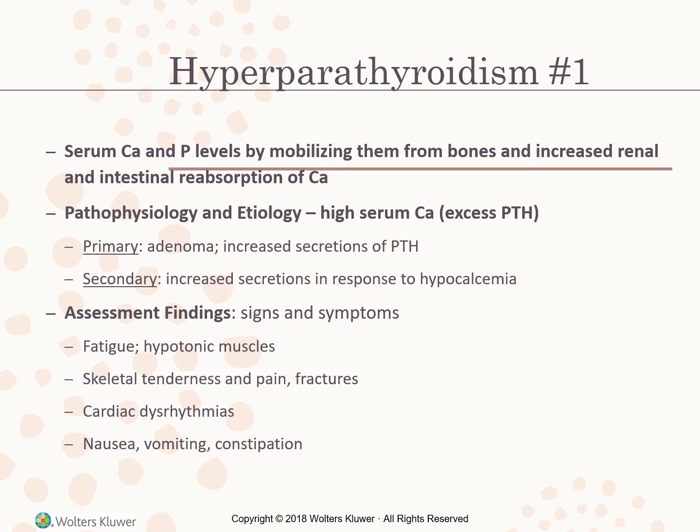Hyperparathyroidism is an excess of parathormone, which can be a primary or secondary condition. So the most common cause of primary hyperparathyroidism is an adenoma, which is a benign tumor of one of the parathyroid glands. In primary hyperparathyroidism, excessive secretion of parathyroid hormone will remove the calcium from the bones. The bones then become demineralized as the calcium leaves and enters the bloodstream, and renal stones can develop when calcium becomes concentrated in the urine.